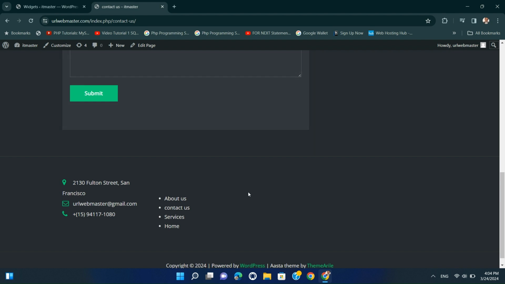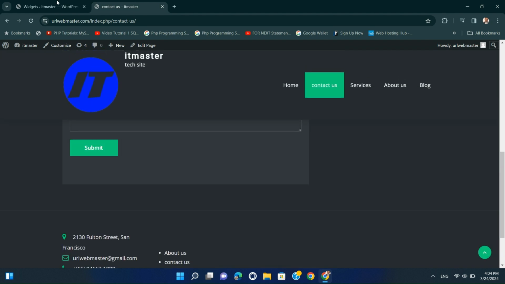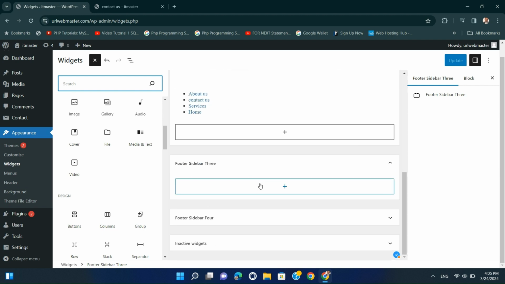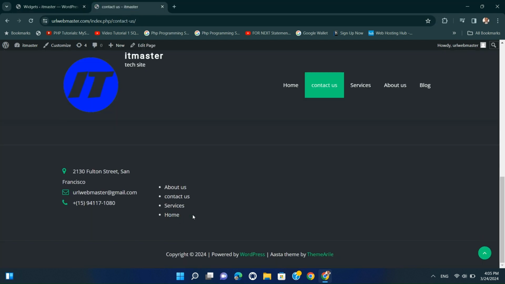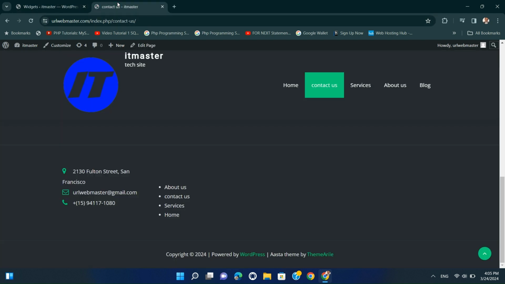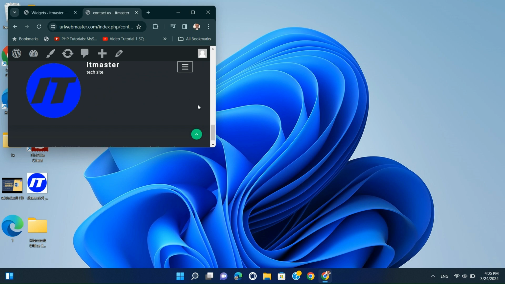Consistency. Maintain visual consistency with the rest of your website's design, including color schemes, typography, and branding elements. Balance. Ensure a balanced layout by spacing out widgets evenly and avoiding overcrowding or excessive whitespace. Responsive design. Optimize footer widgets for responsiveness across various devices and screen sizes to provide a seamless browsing experience for